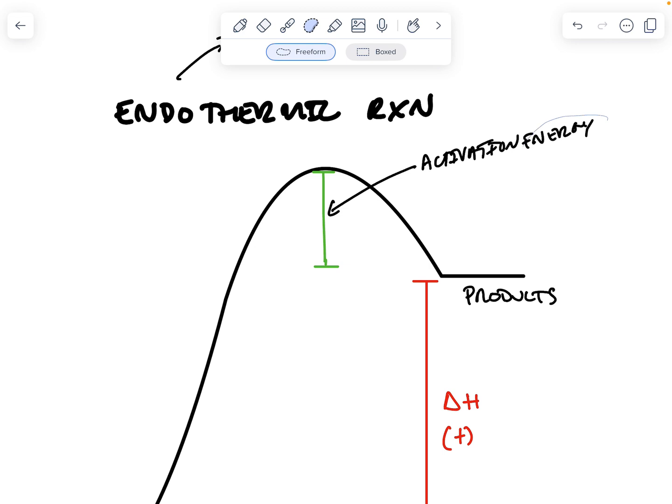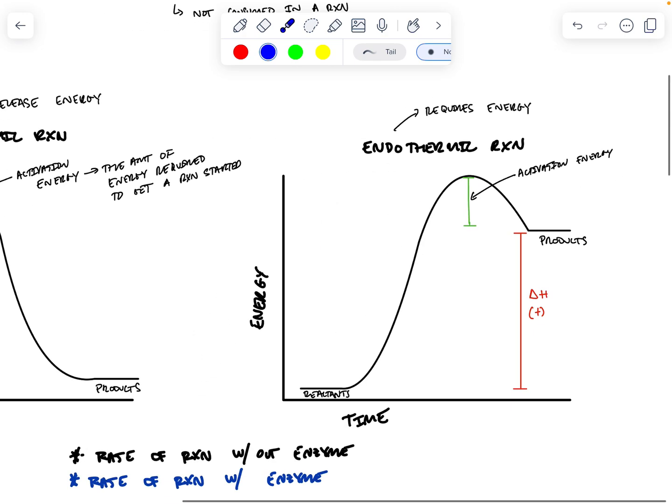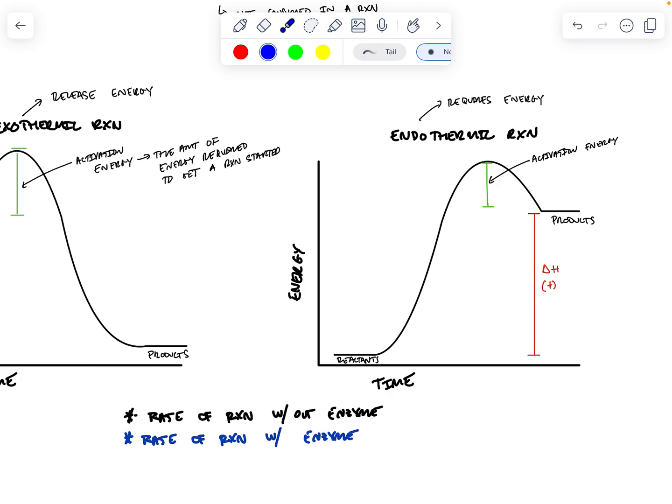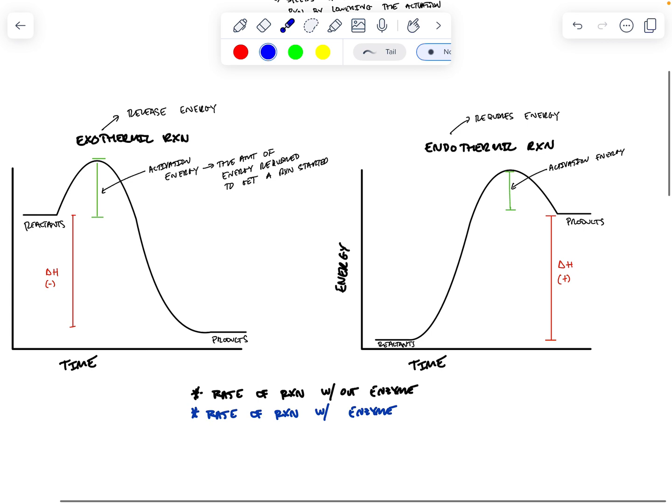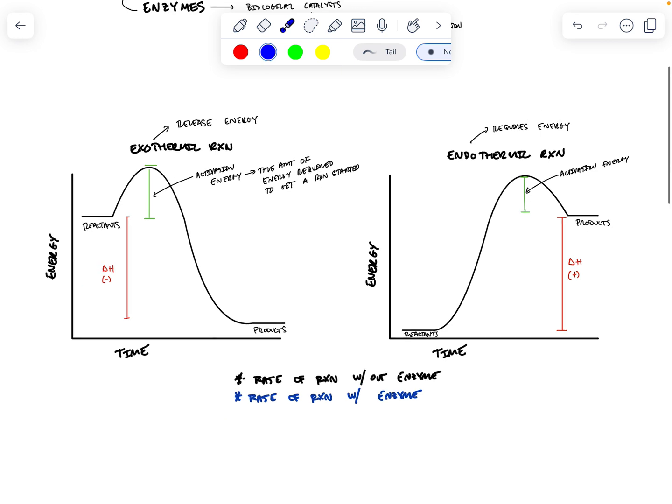And in the case of an endothermic reaction, this is like the extra little bit of energy you need to put in in order to get the products created, on top of the overall energy you need to get in to have the products form. Okay, so this black line here is showing us the rate of a reaction without an